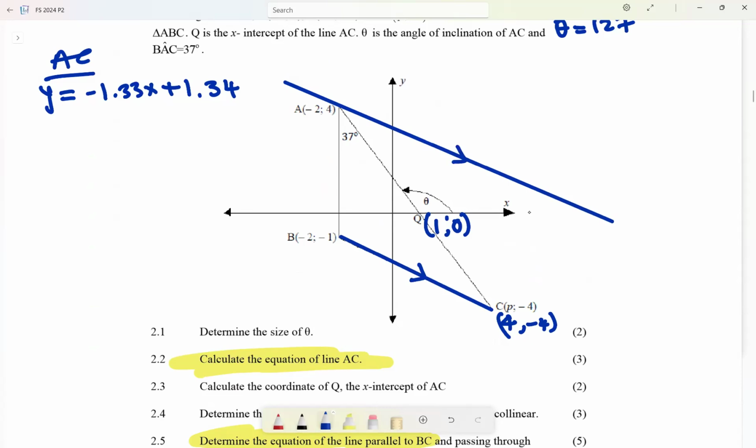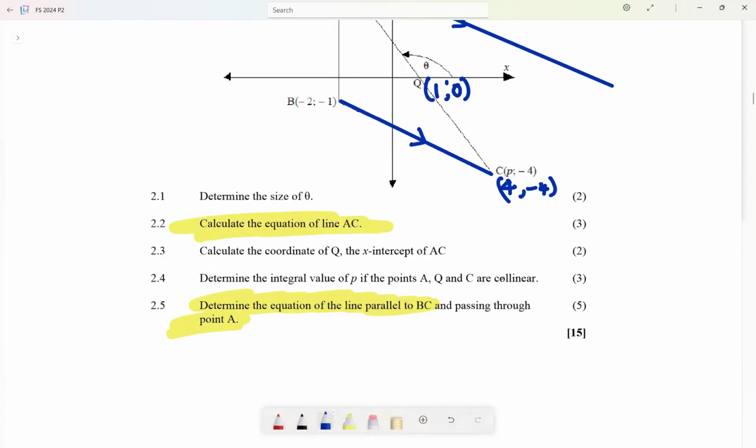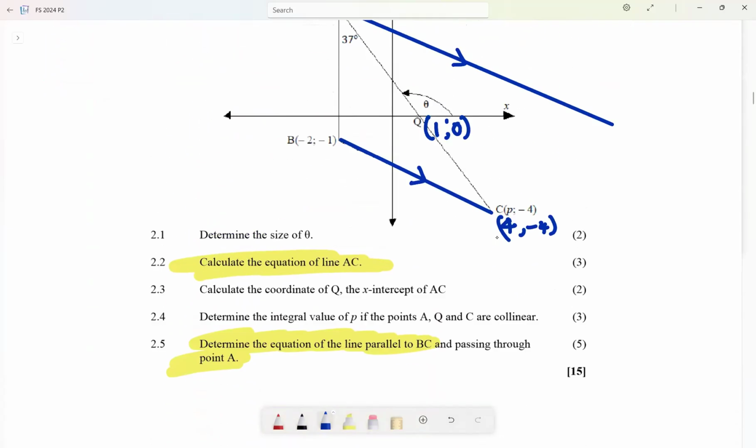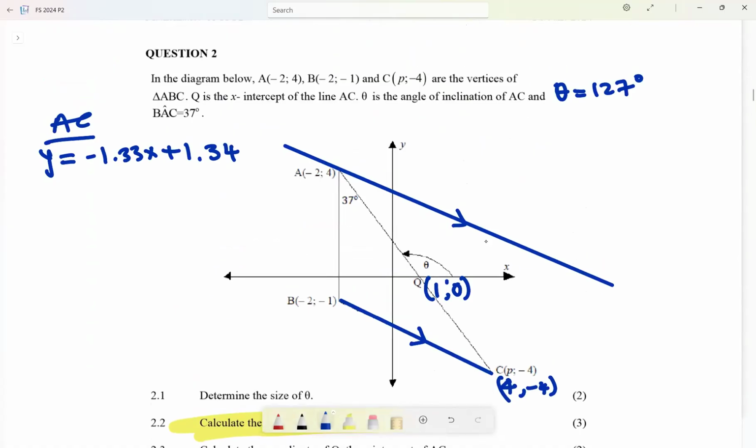Okay. This is nice. And if they are parallel, can you see? I can apply the angles in geometry. Can you see that? I can say these two angles are equal to these and these are equal to 180. Okay. Let's not get carried away. They want to determine the equation of this line. Okay. Remember,